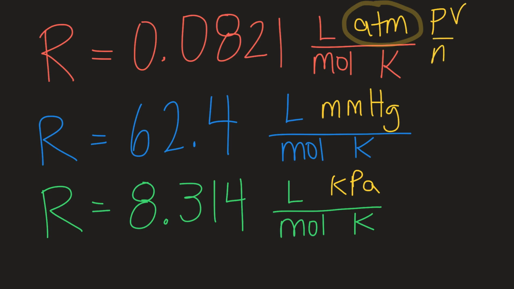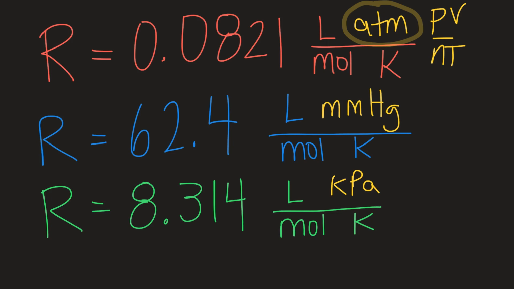PV over nT. So on the top of your fractional units here, you should have units of volume, which is liters. You should have some pressure units, which in this specific case is atmospheres, but you can see that that changes with the different R values. Your n units are moles, and your temperature units are always going to be in Kelvin. So if you're given degrees Celsius, you have to convert it to Kelvin. Also, if your volume is given in milliliters, you have to convert it to liters in order to use these